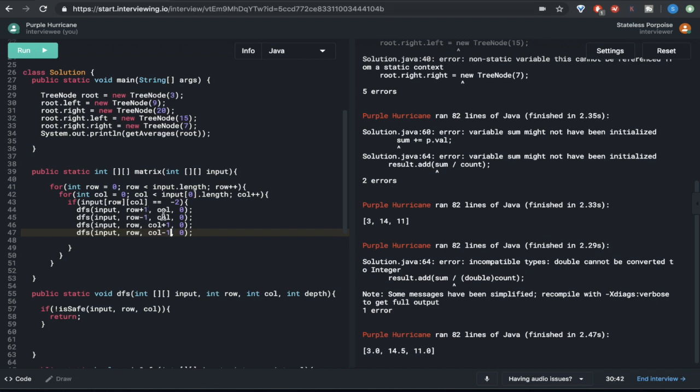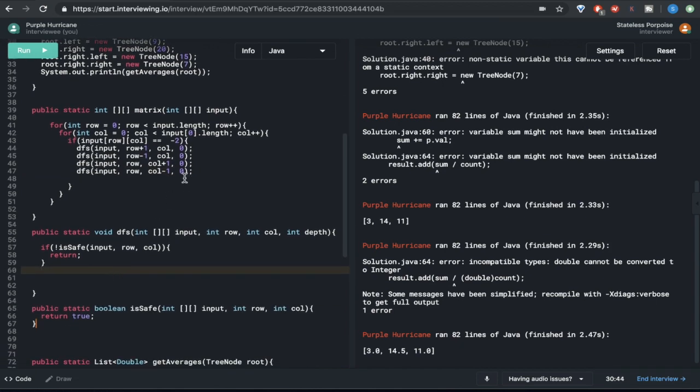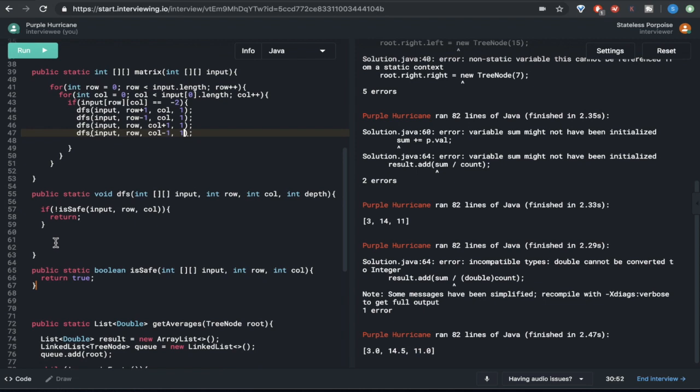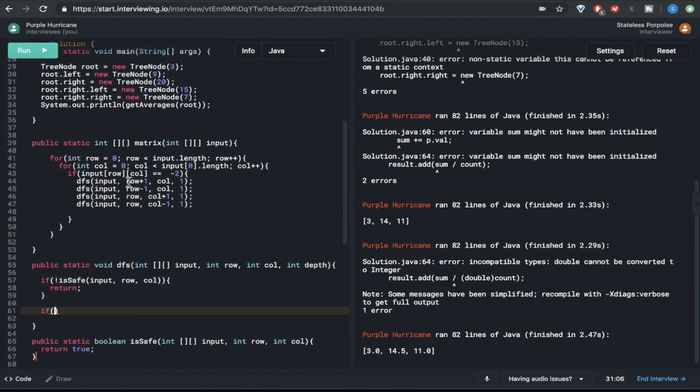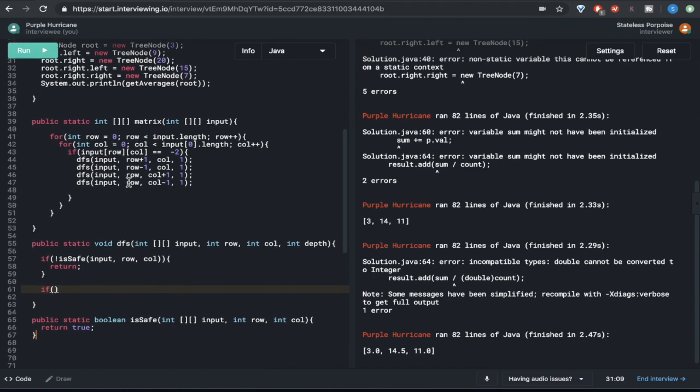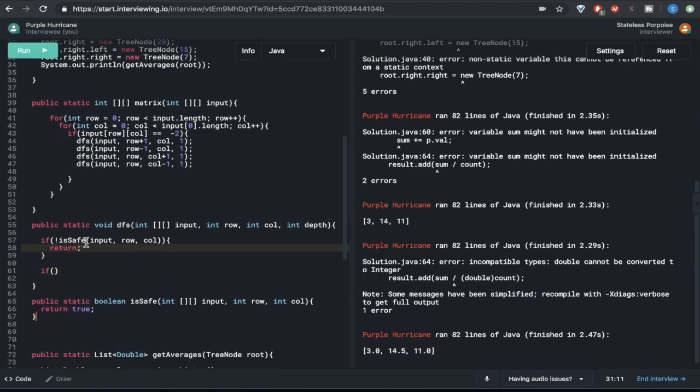Okay, so that should get all the neighbors. Now we should pass this in at 1 since we've gone a path, or depth, of 1. At this point we'll check: we know we're not out of bounds, we know we're not at a -1. Now we check if we've already hit this, or if it's less than. The is safe method already counts for if it's already visited that index. So at this point we'll say,